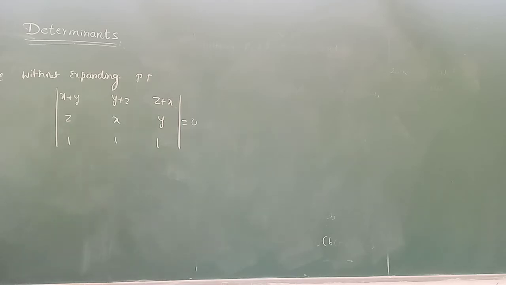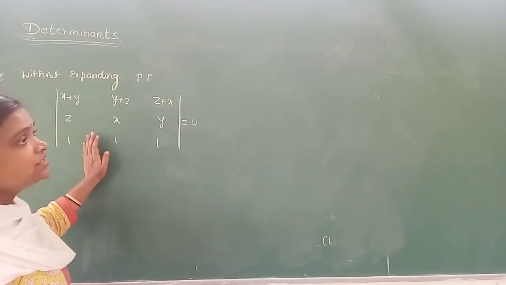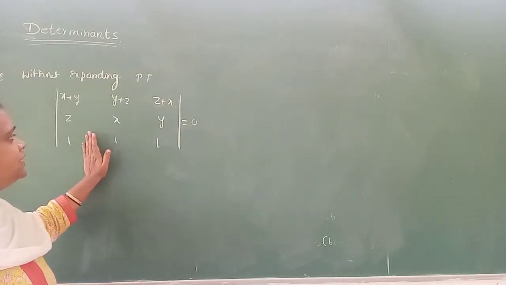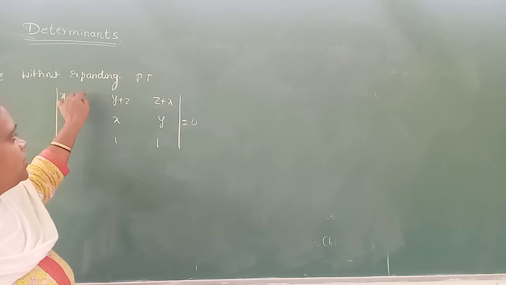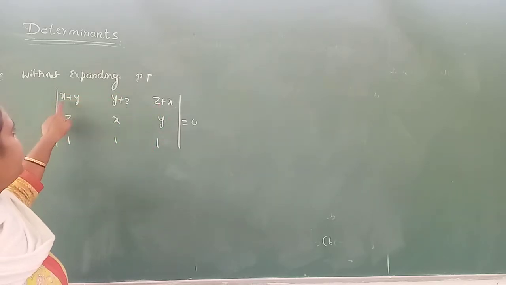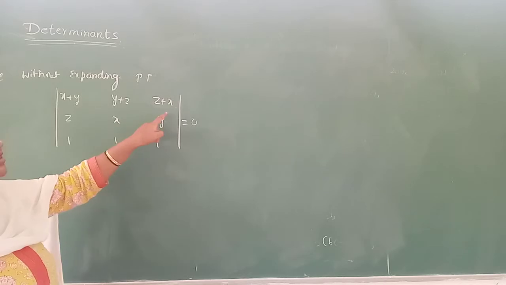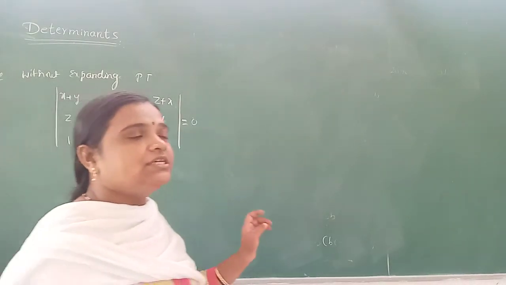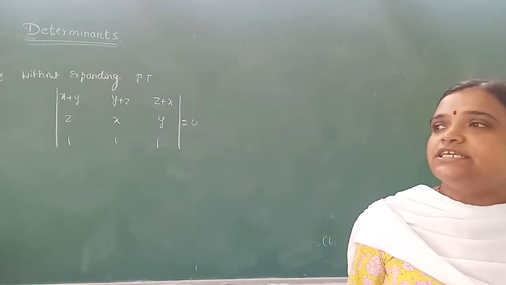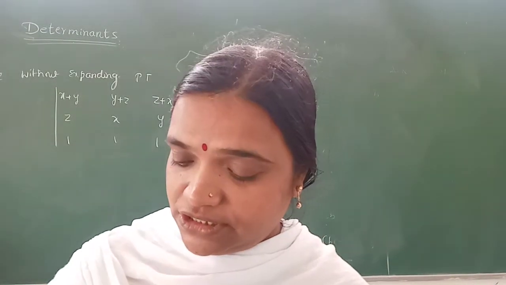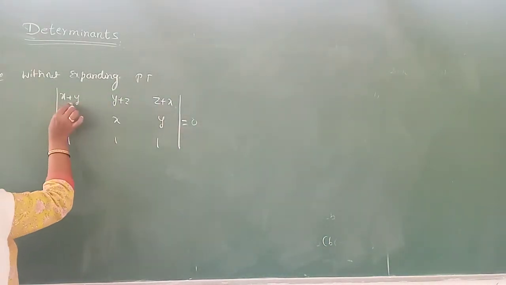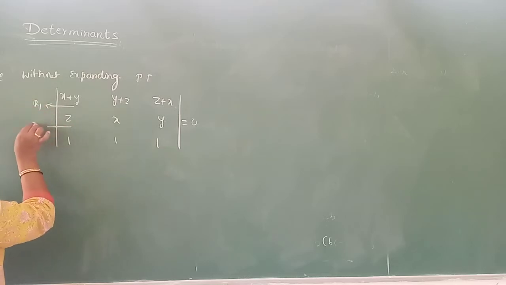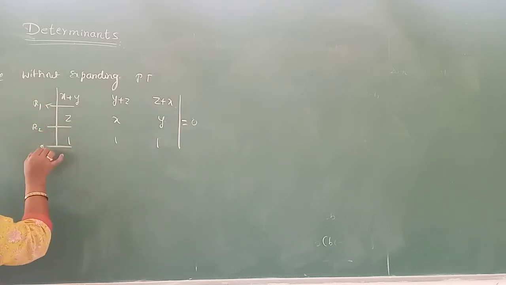See, we have to do the changes using the properties of determinants. See, if we add these two, we'll get x plus y plus z, x plus y plus z, x plus y plus z. Means there is a common element in the first row, that is x plus y plus z. That one we are applying here. Okay, this is the R1 row, this is the R2 row, this is the R3 row.